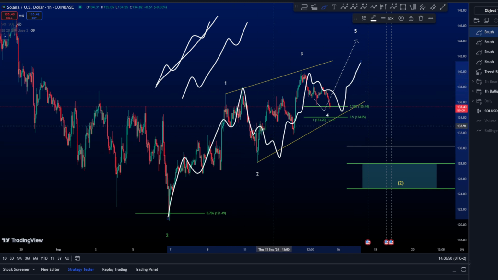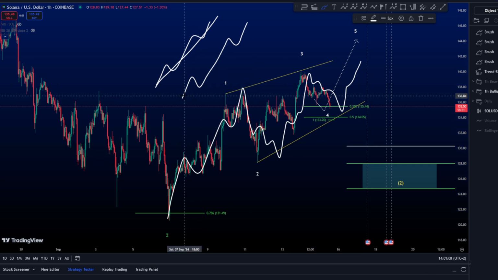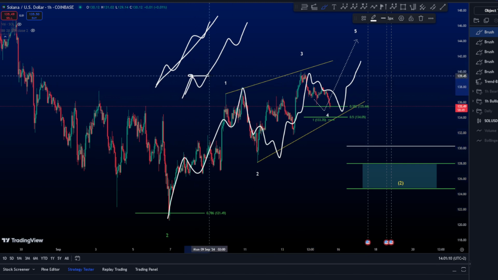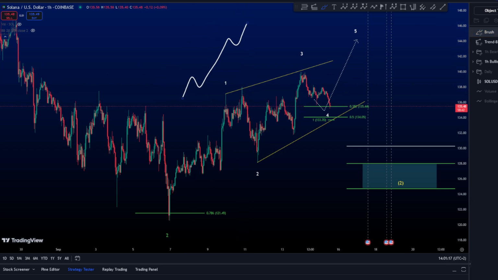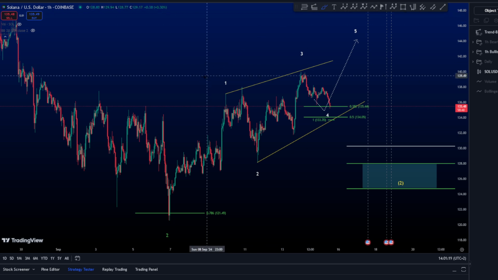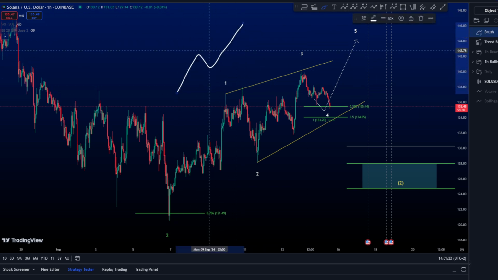So this pattern is 5, 5, 5, 5, 5, which means all the waves are impulsive, which is much less risky to trade wave by wave, because they are all impulsive, where you can just make sure that you take your one, you pass the one here, and you take all the trades there for each wave. When it is a zigzag, unfortunately, it's a little bit risky and harder to trade,